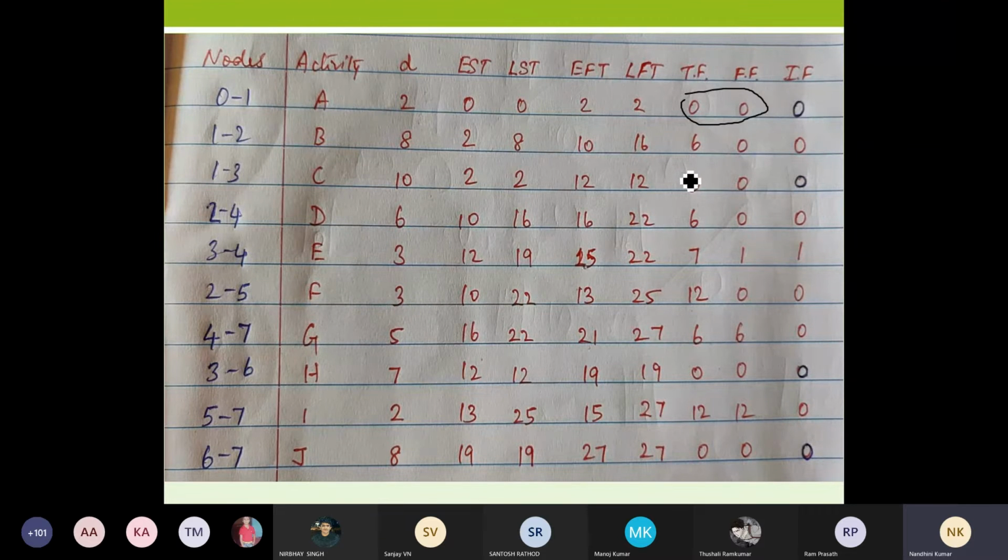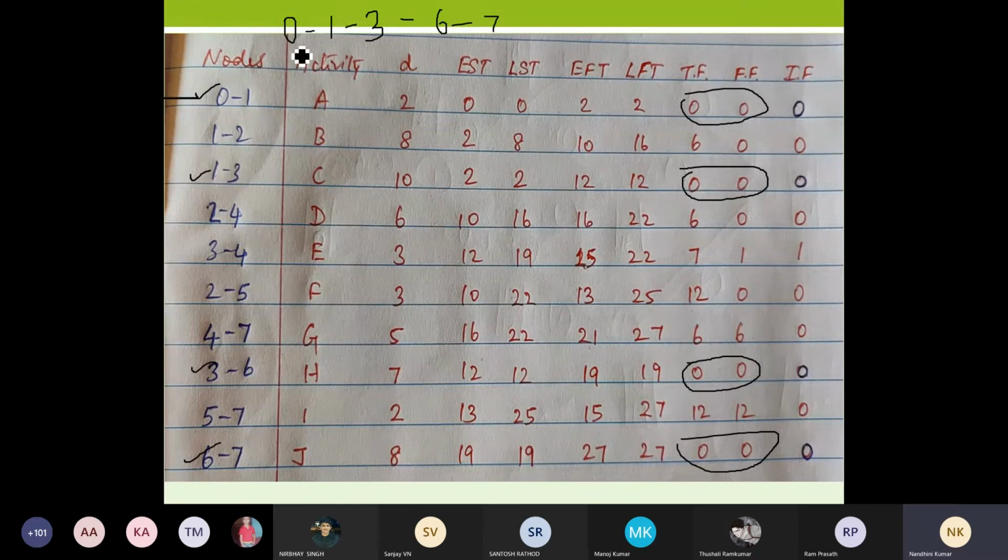So the total float and free float of my first and third activity are 0. My third and sixth activities' total float and free float are 0. And my sixth and seventh activities' total float and free float are 0. So now I can connect my activities. For the first thing I have 0 to 1, and the next thing I have is 1 to 3. I'm connecting it. After 3, I have 3 to 6 as my zero floats. So I go to 6. After 6, I'm going to 6 to 7. That is my 7th activity.